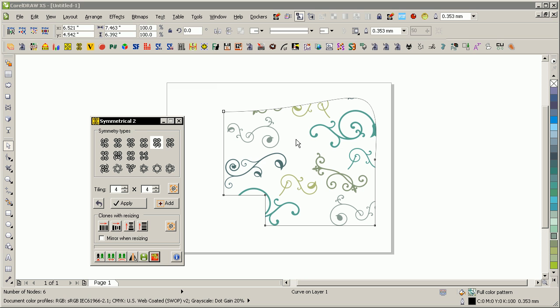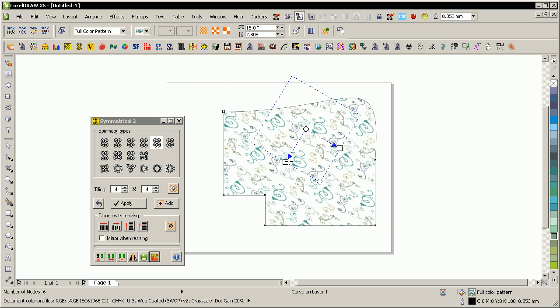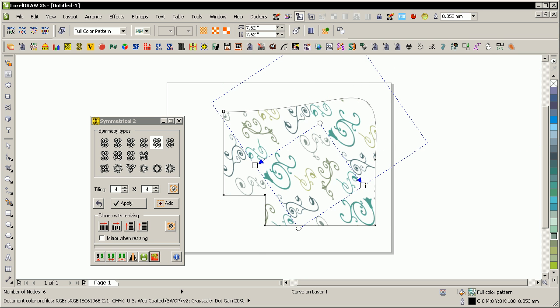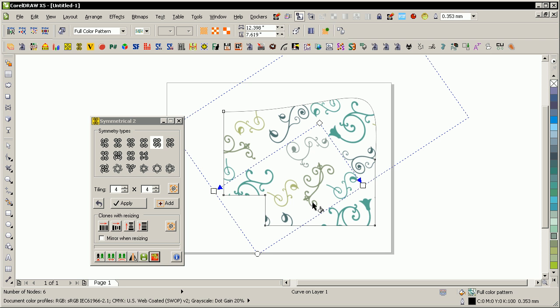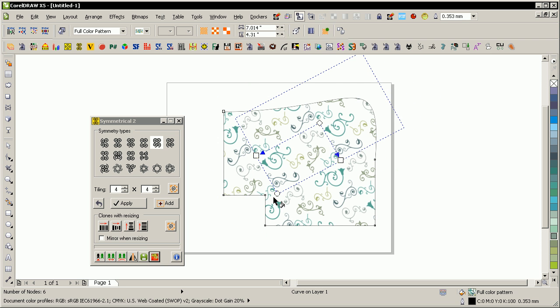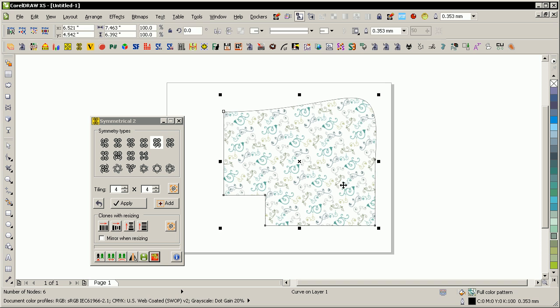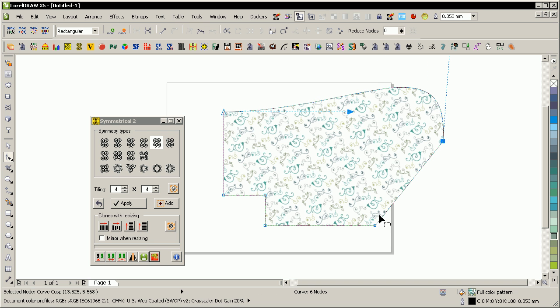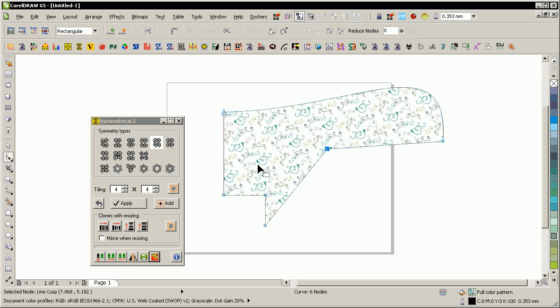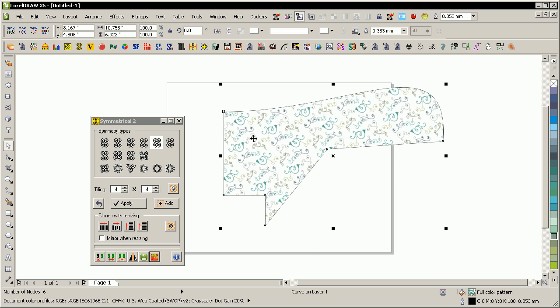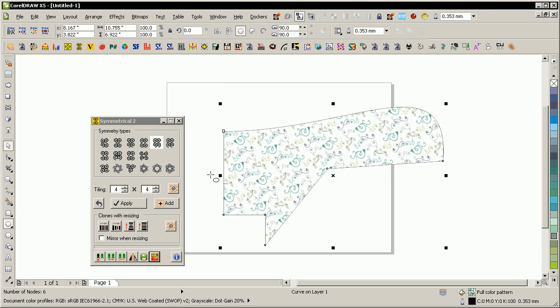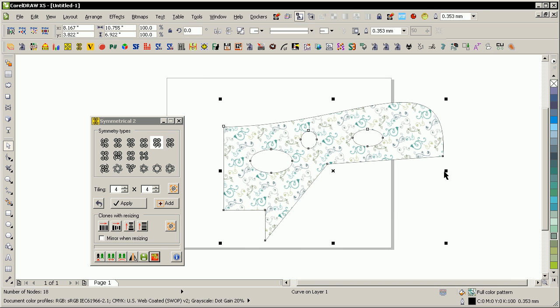Now again, if we press the G key here on this shape, we can scale that pattern however we like to do it, rotate it, and if we were again to change the size of this shape, it'll automatically accommodate, which is very good. You could even cut holes in it by combining it with other